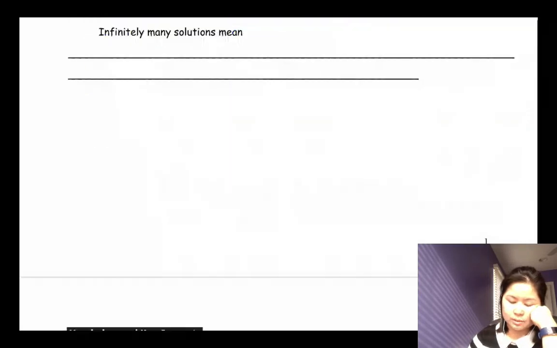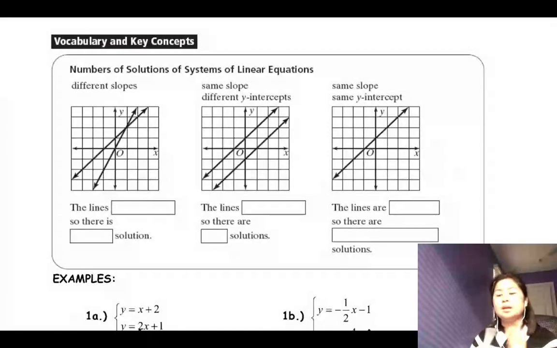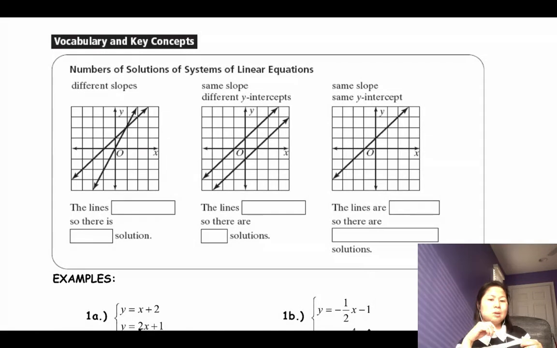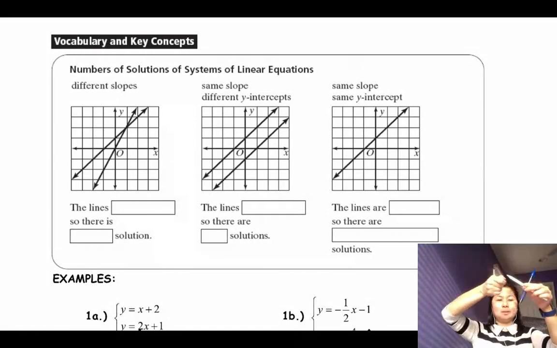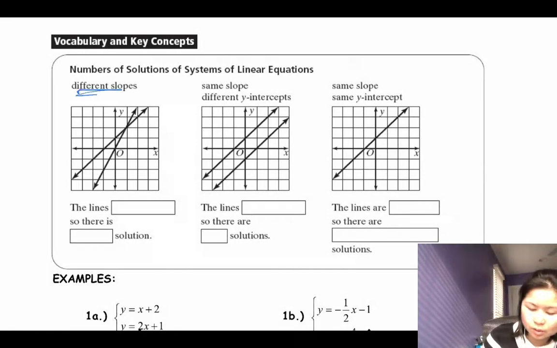So let's review. This is the graph. You're going to have three scenarios. If you have graphed two straight lines, you're going to run into three scenarios. One, they will touch. If you look at this, you put the two pens, they can only touch once because this pen won't bend and it won't go back and touch the other pen again. So the one option is if they have different slopes, they will touch one time. So the lines intersect,